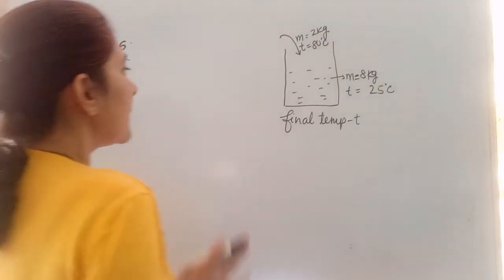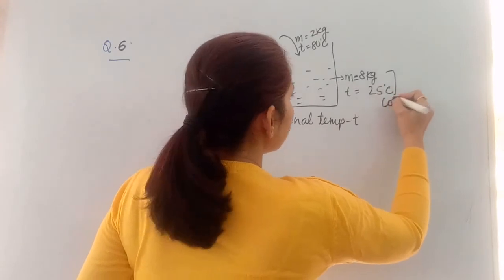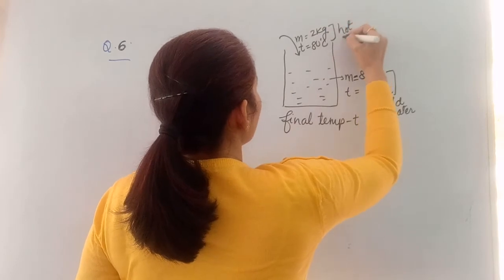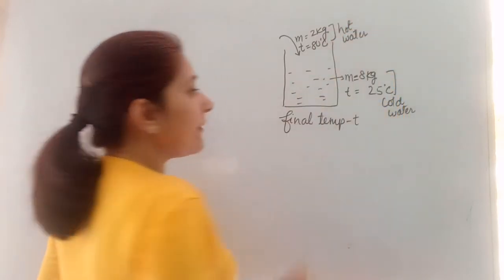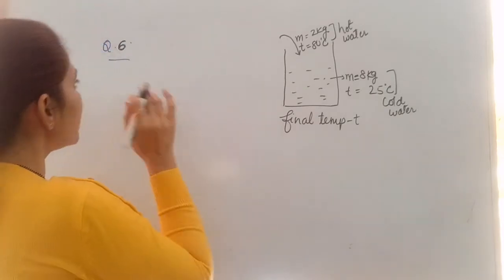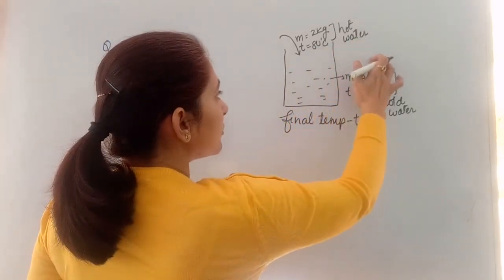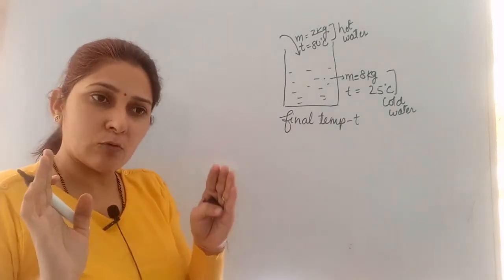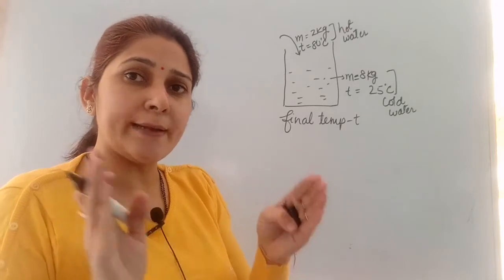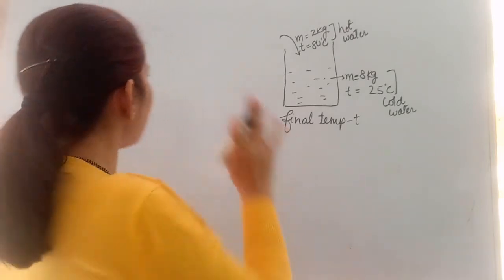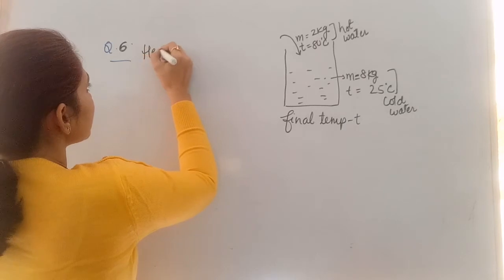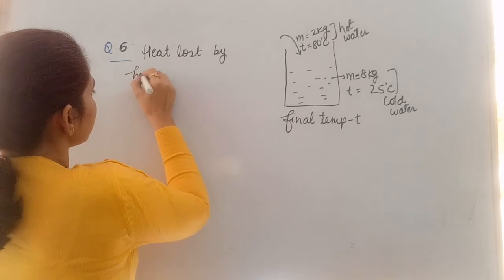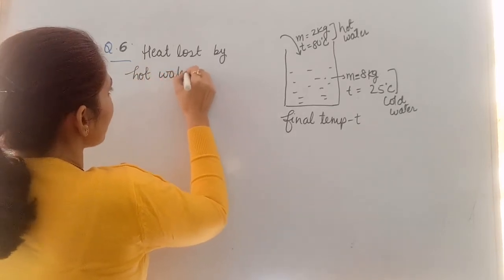This we calculated. Now here we have, this is cold water and this one is hot water. As we have done in principle of calorimetry, always we are aware that hot body is going to lose the heat and cold body is going to gain the heat. And we are going to calculate both of these, then we are going to equate according to principle of calorimetry. So first I am writing here heat lost by hot water. When it is mixed with cold water, it is going to lose the heat.